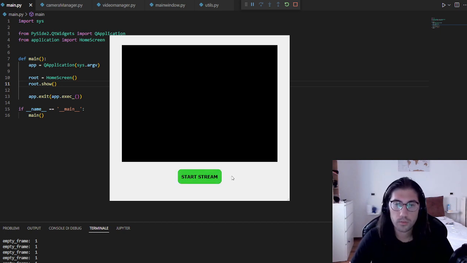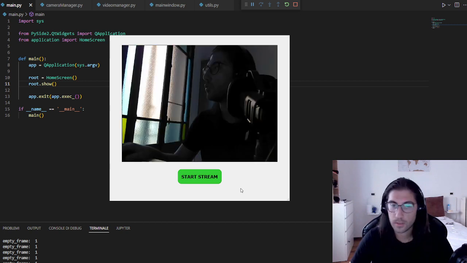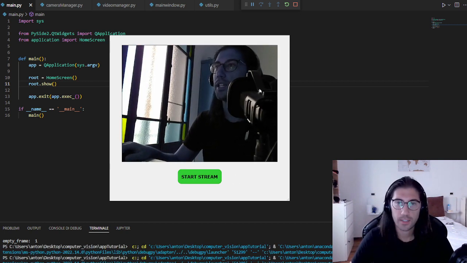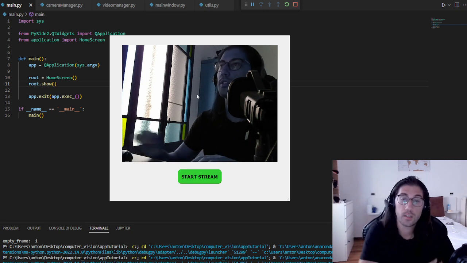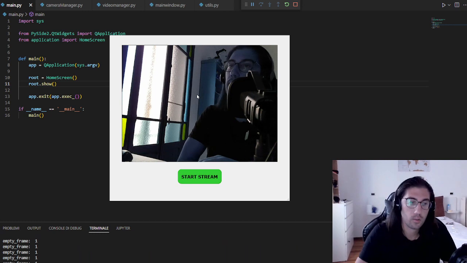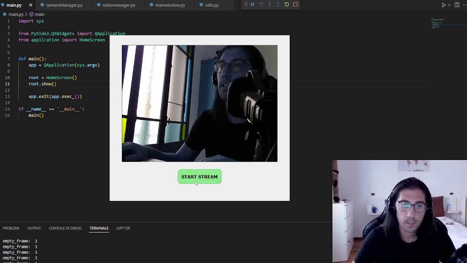So now I'm going to start the stream. And we are going to see if this works. Yes, obviously we have an error because this OAK-D Lite Camera is based on OpenCV, so the format of the image should be not RGB, but